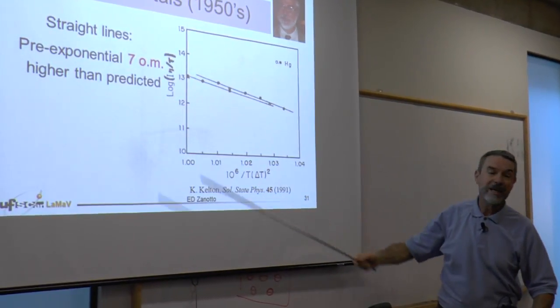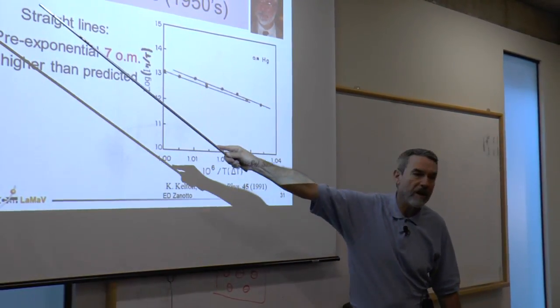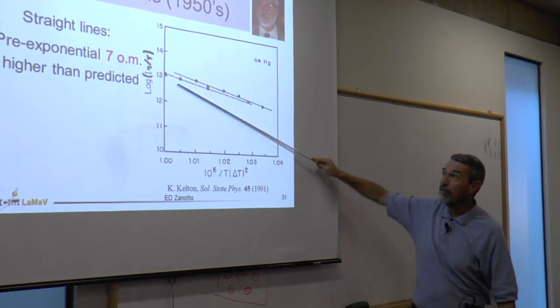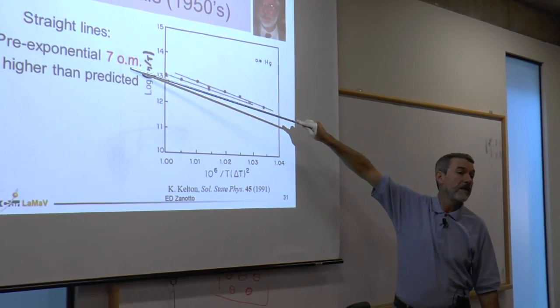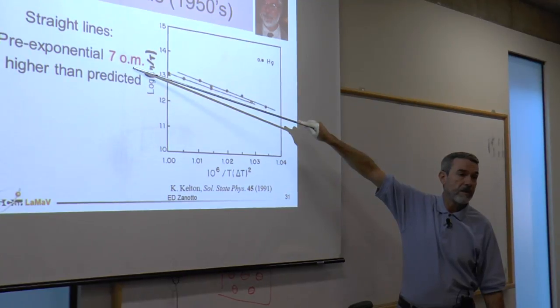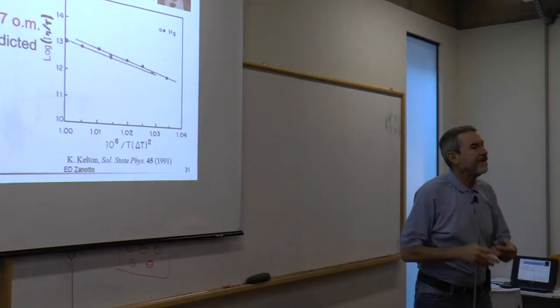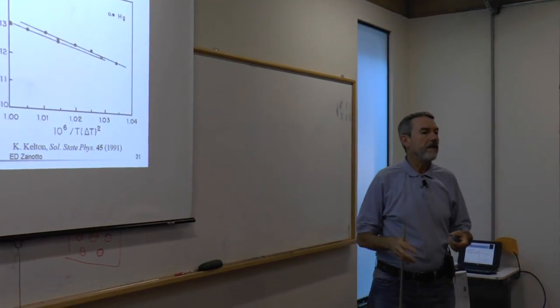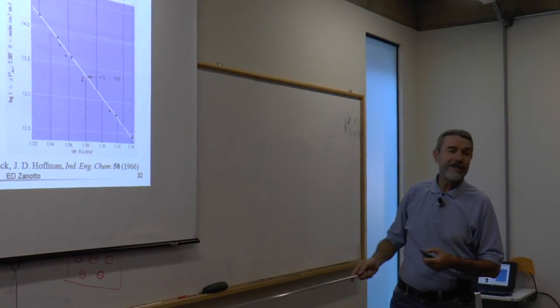Recall that these are obtained from very, very long extrapolations. So small errors here can lead to larger errors in the extrapolated values. So this was a nice test, but wasn't a really definitive test of the theory. That was in the 1950s or so. Then in the 1960s,